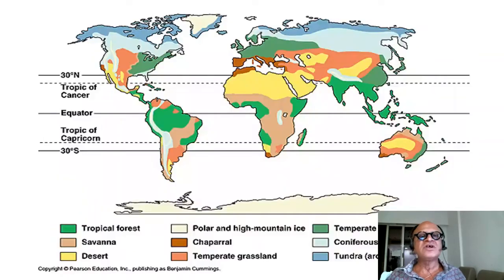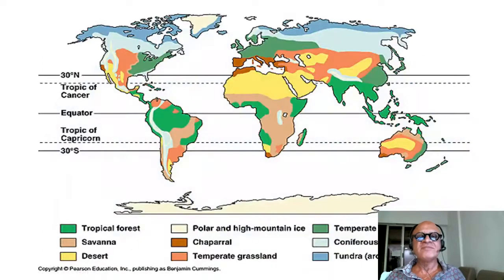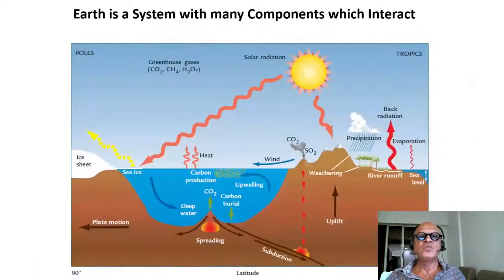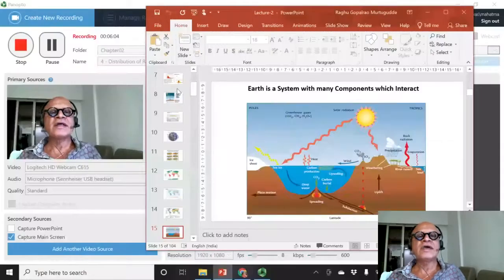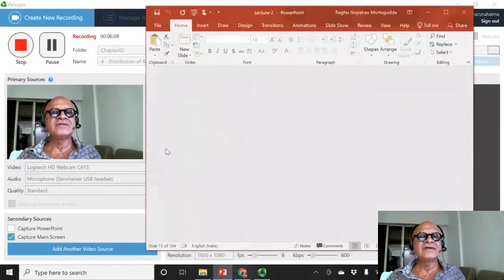Okay. So these are important things which determine, again, the vegetation types: tropical forests, savannas, deserts, high mountain ice, chaparral, temperate grasslands, and so on and so forth. But this is what we meant by Köppen's classification, which he did without having all these temperature and rainfall data. He basically looked at vegetation and imagined that precipitation and temperature must have something to do with those. So when we come back, we will look at more the Earth system concept and keep adding other details to this